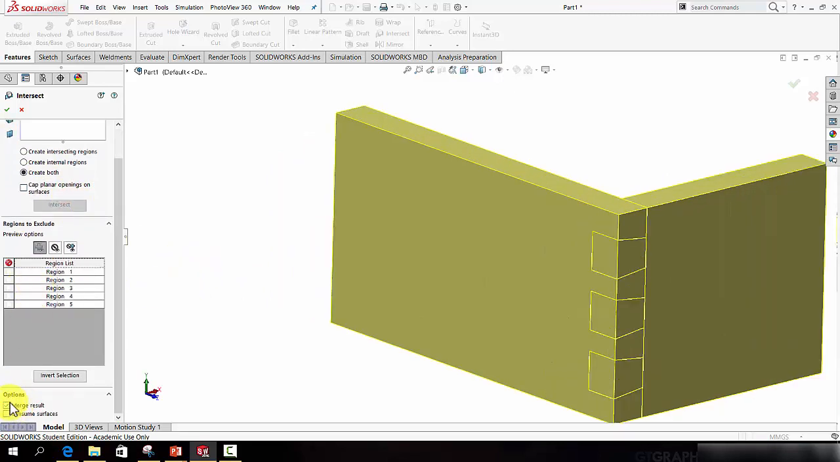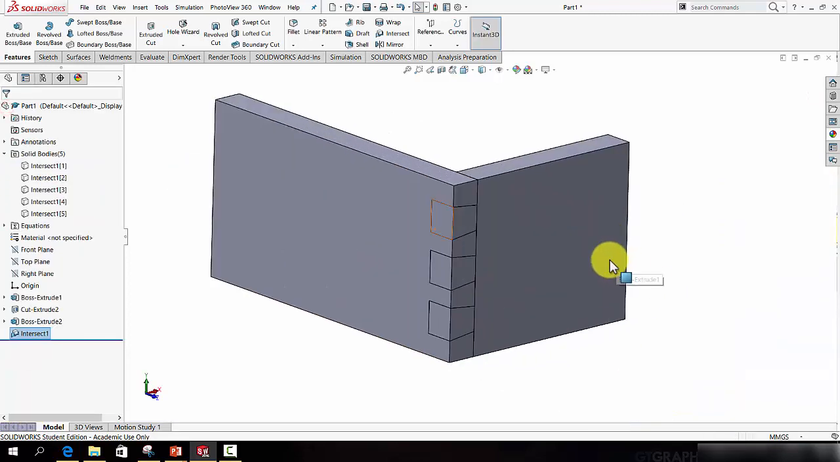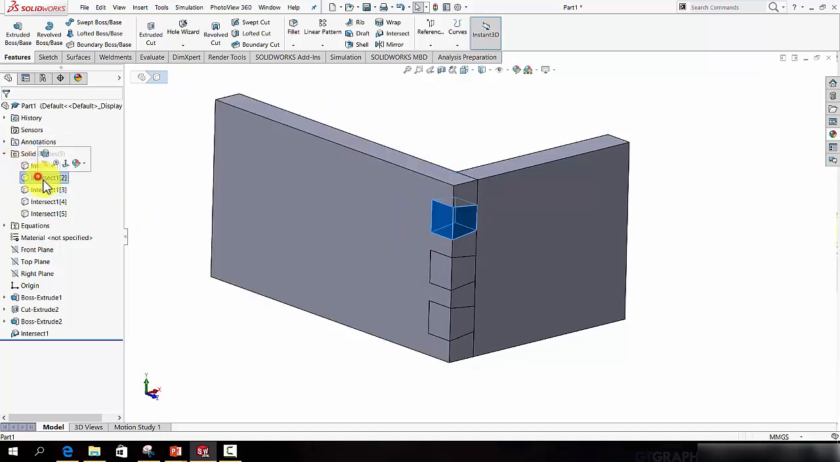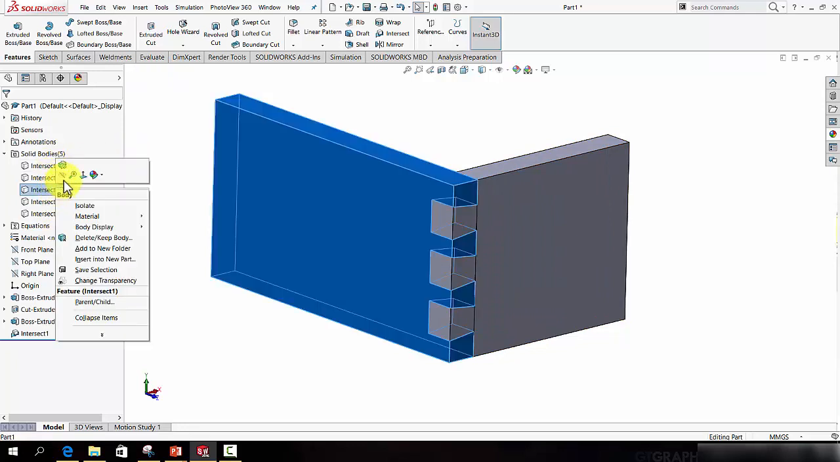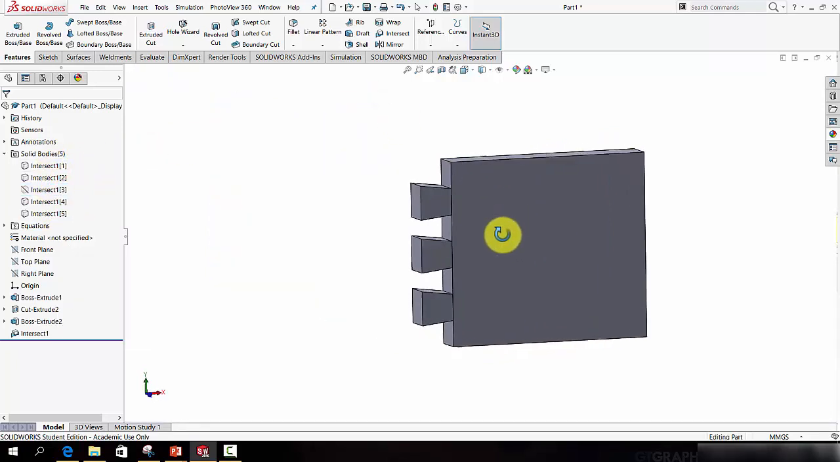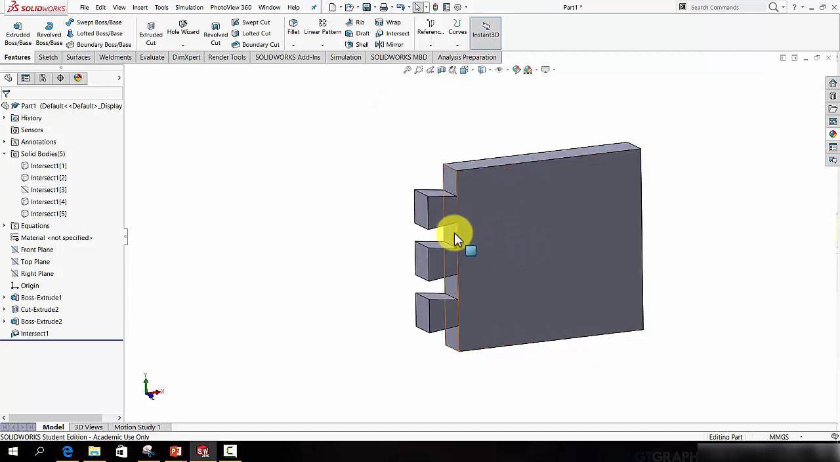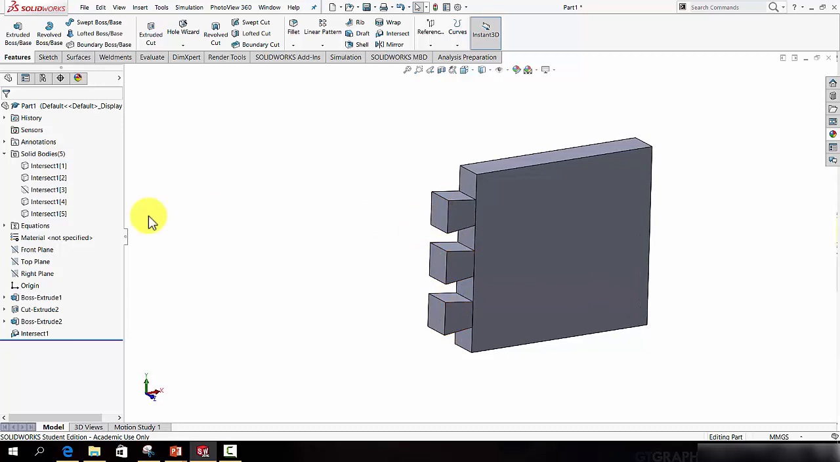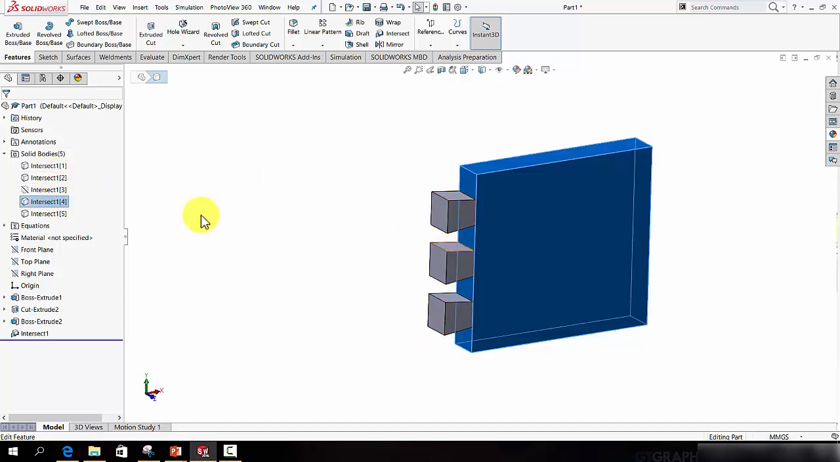I also want to deselect Merge Result at the bottom and press the green tick. What I now have is a series of bodies. In this case, intersect 3 is the set of pins, and all the others represent the tails. So I'm going to hide that body for a moment, and you can see what's left are these bodies. But as a result of that intersect feature, the 3 tails themselves have become separated